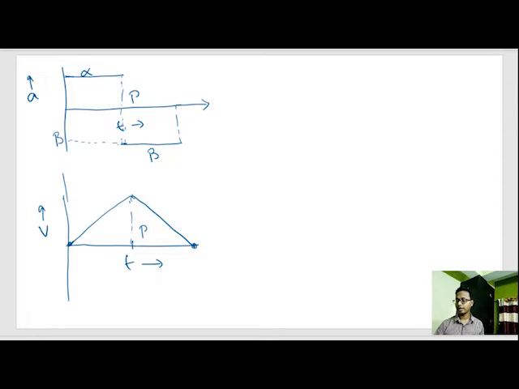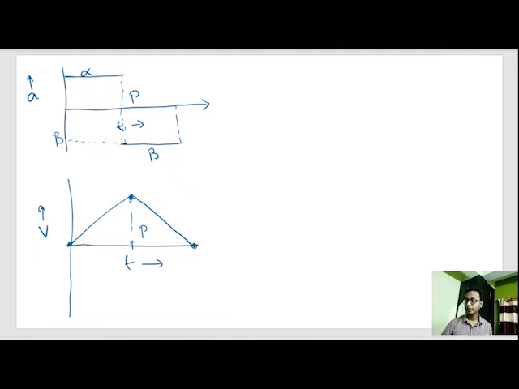So from the graph, some students might have a doubt: why did I start the B graph from this point? Because at time p there is the velocity v, and there won't be a sudden change in velocity. The force will take its time to reduce the velocity. So at time t, the velocity of the particle will be whatever velocity it increased up till here. Okay, so we start the graph from here for this line.